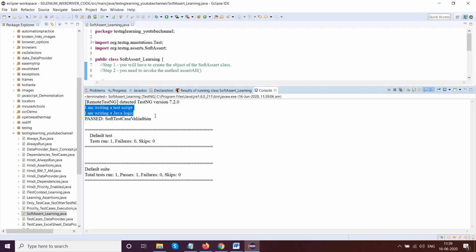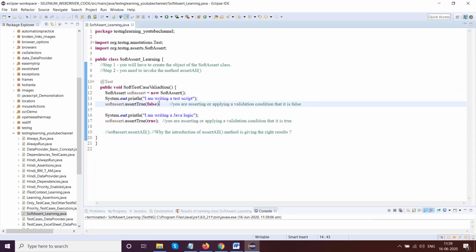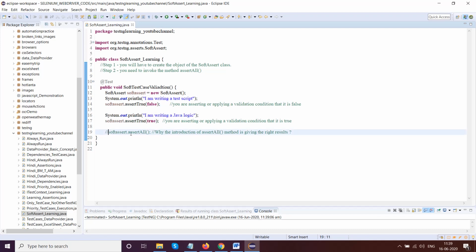It is taking the printout, it is passing. This is not right, because there is a certain exception in our test case. But what is happening is it is printing this, it is validating here, but then it is moving over to here and it is not printing this exception. So for the exception within the test case using soft assert, this method is mandatory.